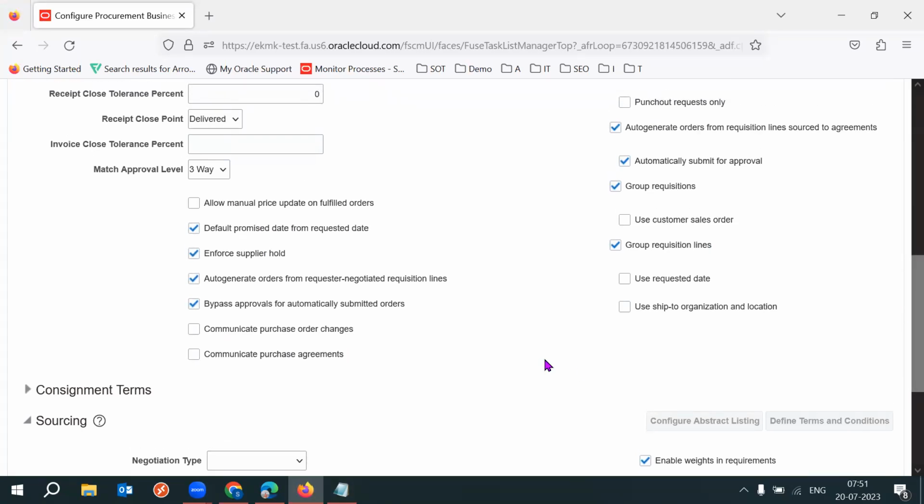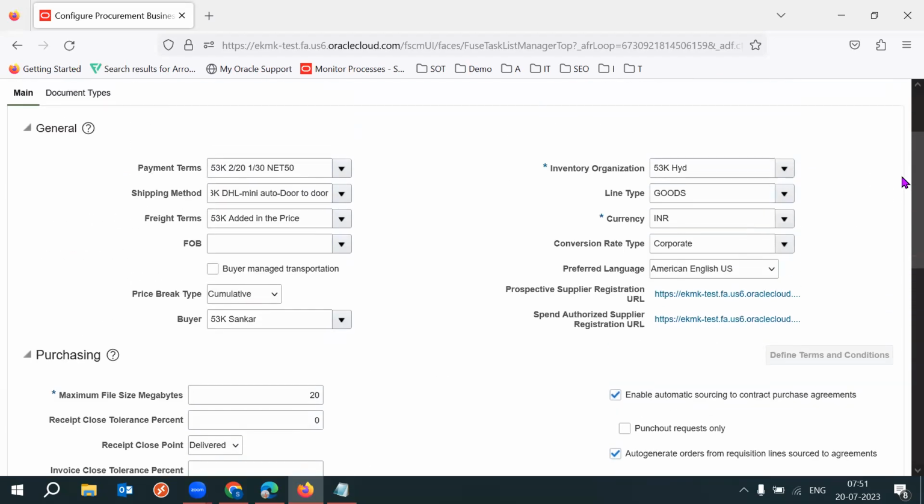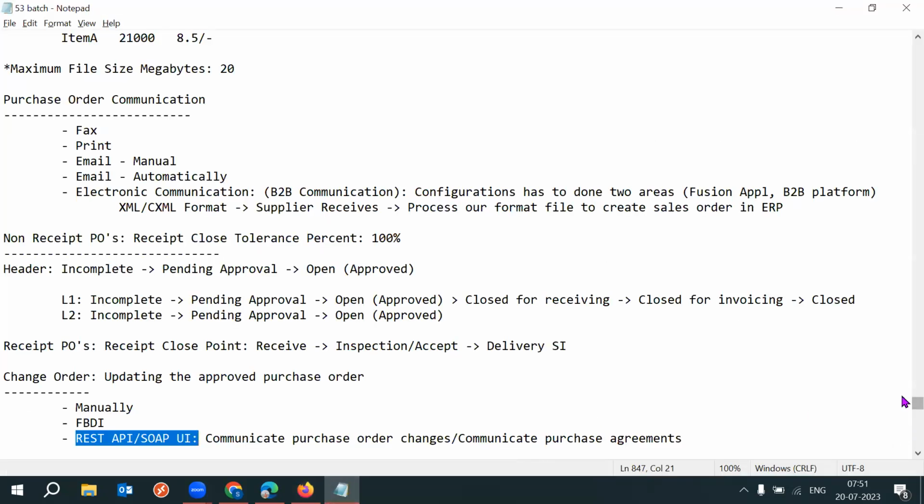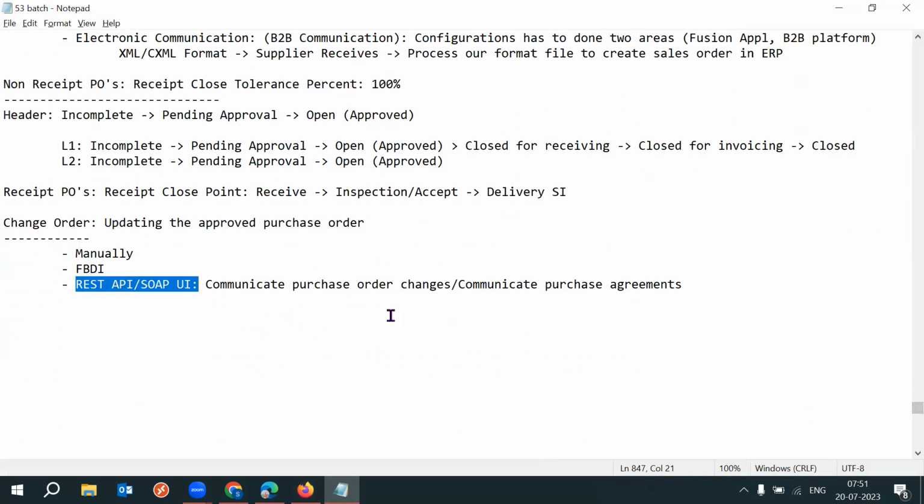See, every checkbox has this much concept behind it. That's why these checkboxes are important. This will drive the purchasing module functionality. Enforce supplier on hold. To cover this functionality,